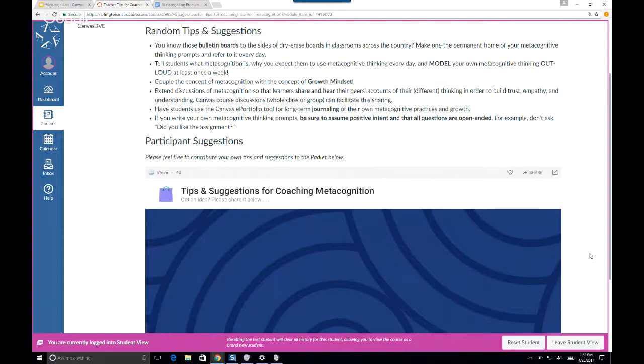What if you're a second grade teacher, right? You can put these same prompts on your bulletin board in your classroom. So I would really encourage people to think about how, especially in a blended environment, your metacognitive thinking prompts should have a role in the traditional face-to-face work that's going on, but also a role in the Canvas course environment. So please don't limit yourself to just having students do this valuable thinking only when they're working in Canvas.